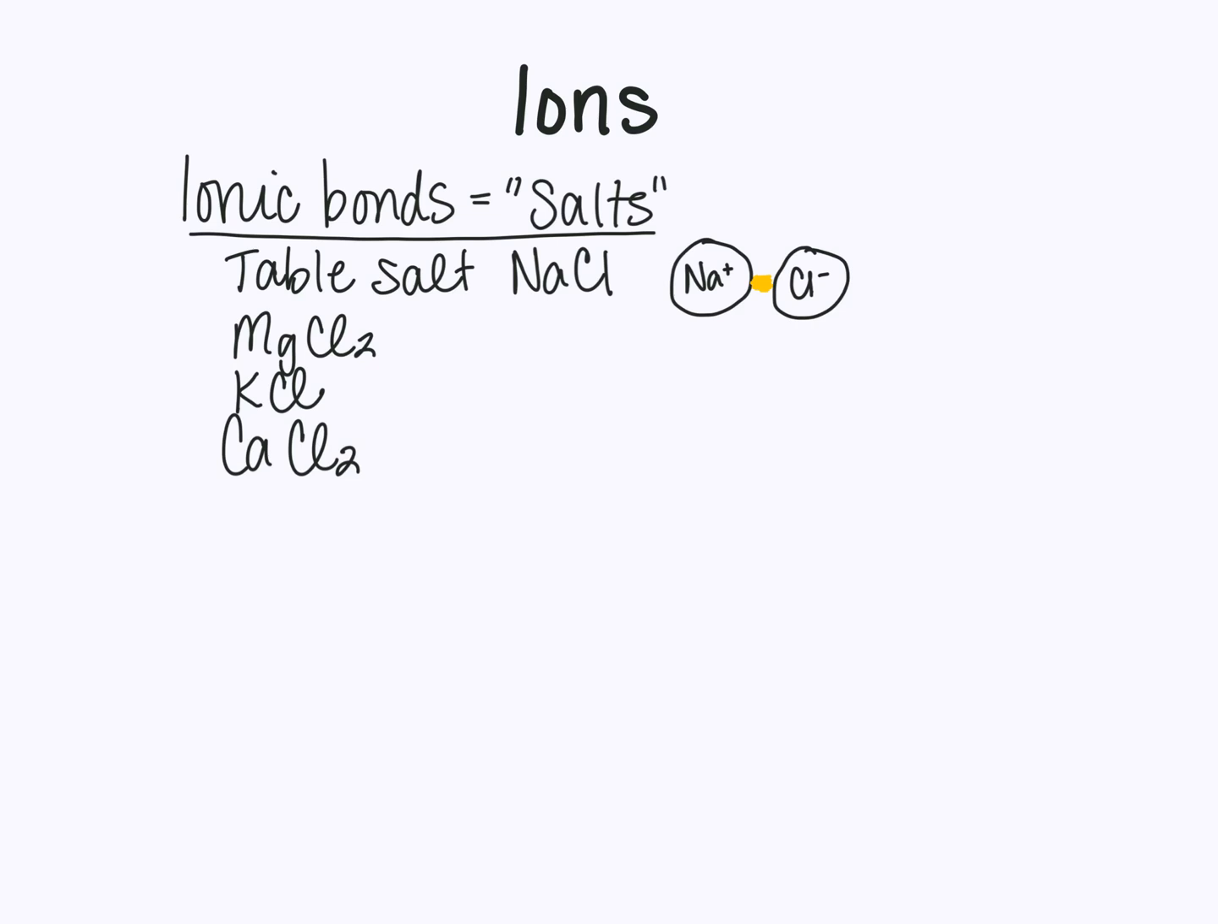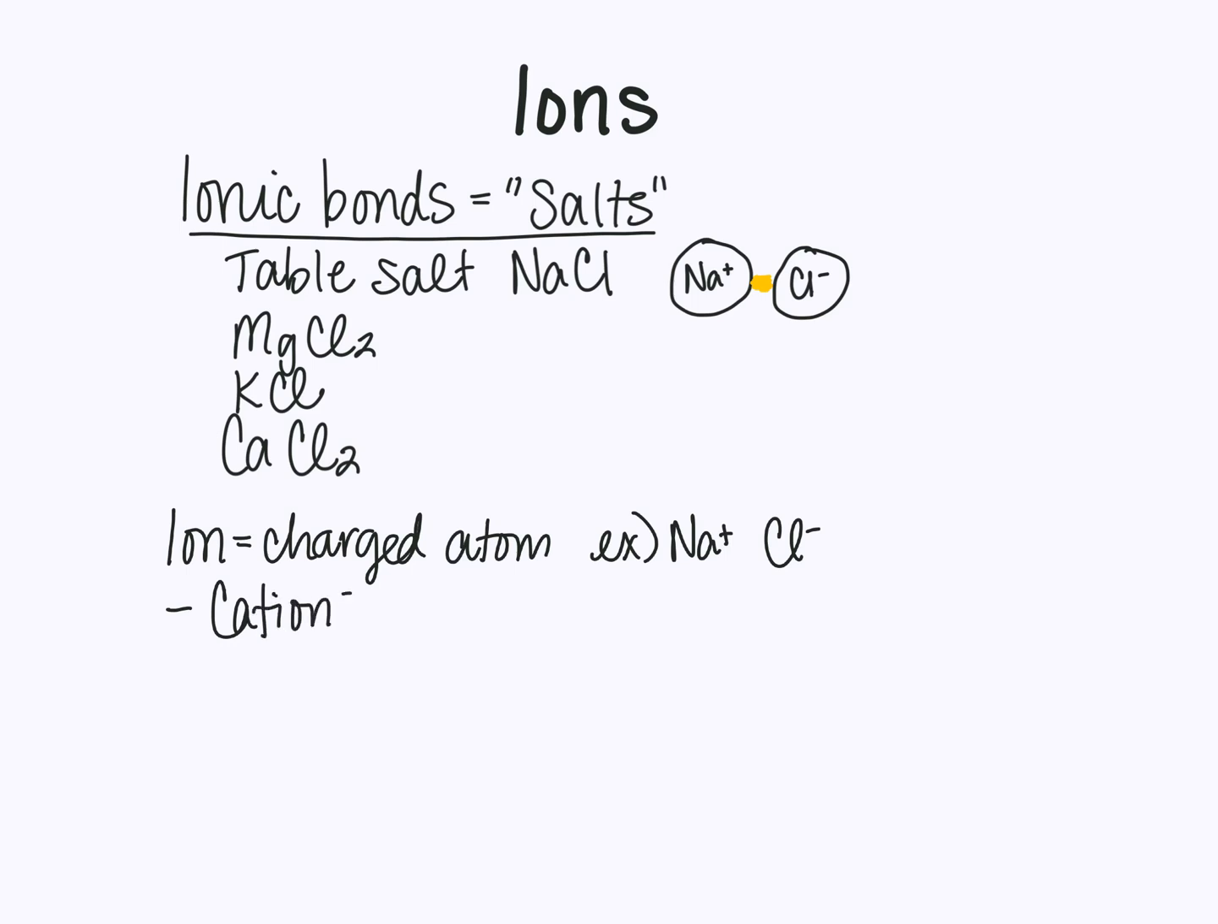Now the individual atoms in these ionically bonded compounds are called ions. And so an ion is just a charged atom. So for example, we have Na+, which is just a positively charged sodium atom, and we have Cl-, which is a negatively charged chlorine atom. Now we can go a little bit more specific, and cations are positively charged ions. For example, Na+,